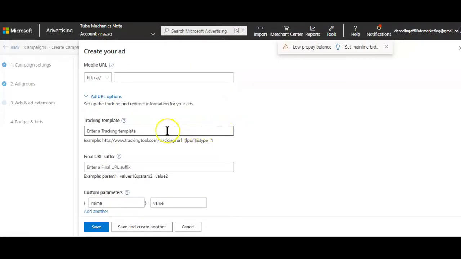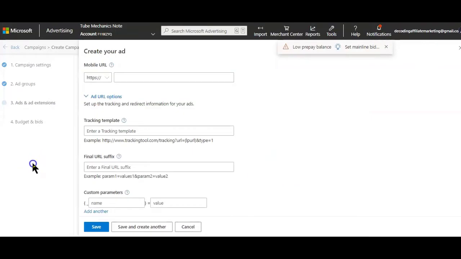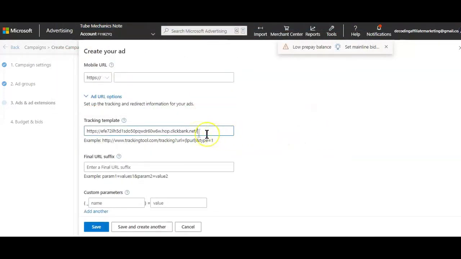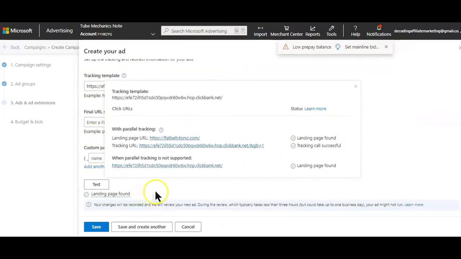And here is where you'll find where to add your affiliate Clickbank product link. So you want to go back to the link generation page and copy the Clickbank product hub link and paste it in this area here. You can also add tracking words here if you choose, but in this case I'll just make things simple by leaving that empty. Now, to test if your direct linking is working, click on the test button here below,